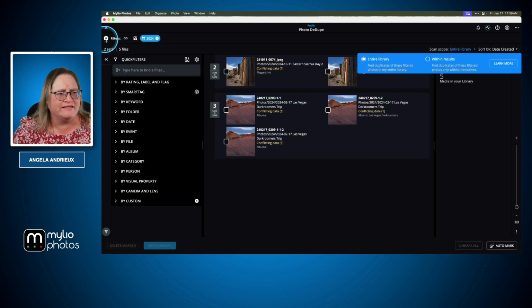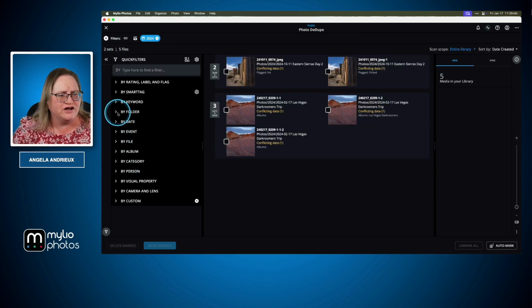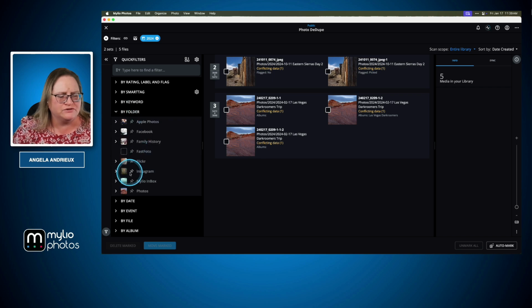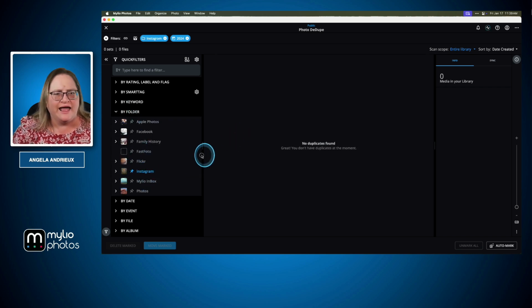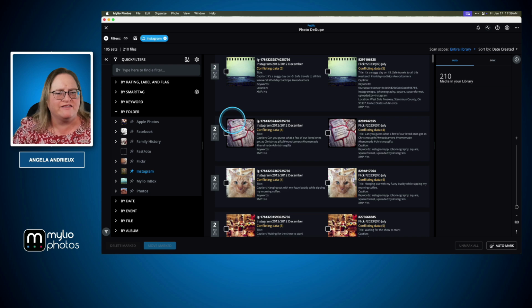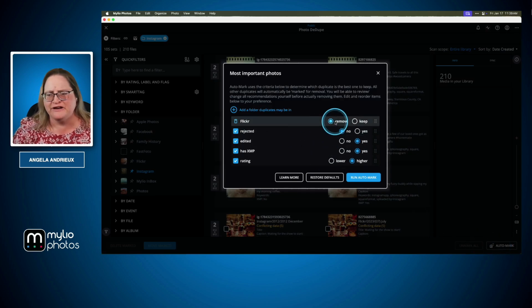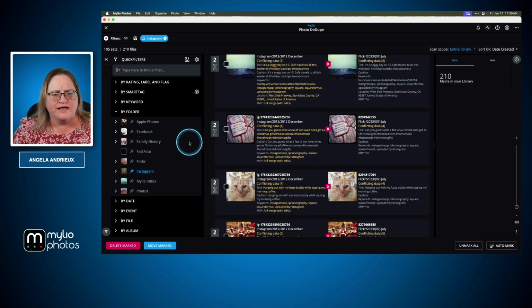And we're going to go ahead and clear out that filter. Go here by folder. We're going to choose that Instagram folder, and I'm going to go ahead and take that out of there. And we'll go ahead and run auto mark. We've got our Flickr folder here still selected, so run auto mark. And once you've gone through and you're sure that these are the ones that you want to get rid of,